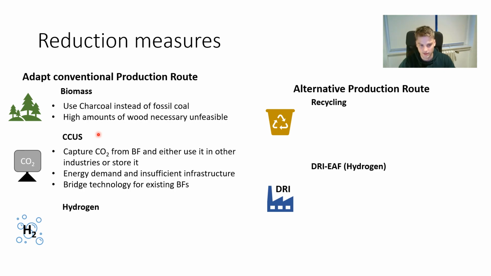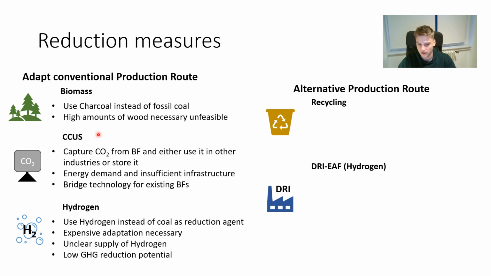The next topic is hydrogen. By using hydrogen as a reduction agent instead of coal, we could form water instead of CO2. So we have seen that in order to get iron, we have to separate the iron from the oxygen, and we do that by using coal, which with a reaction with carbon and oxygen releases CO2. If we now use hydrogen instead of carbon, the reaction of oxygen and hydrogen leads to water,